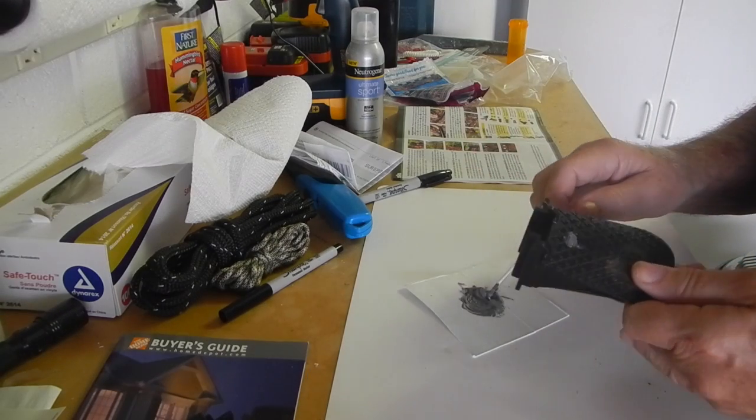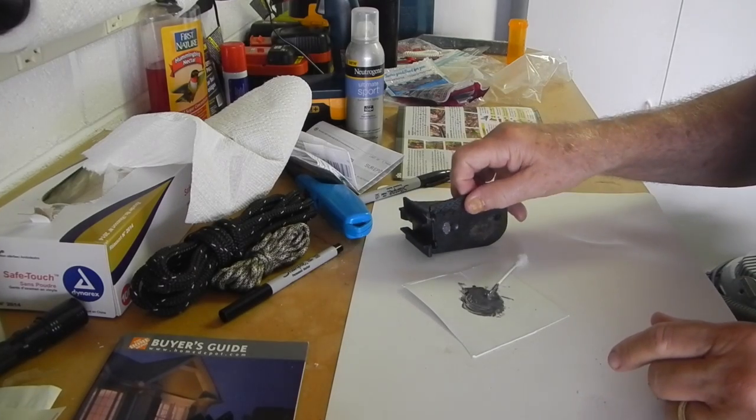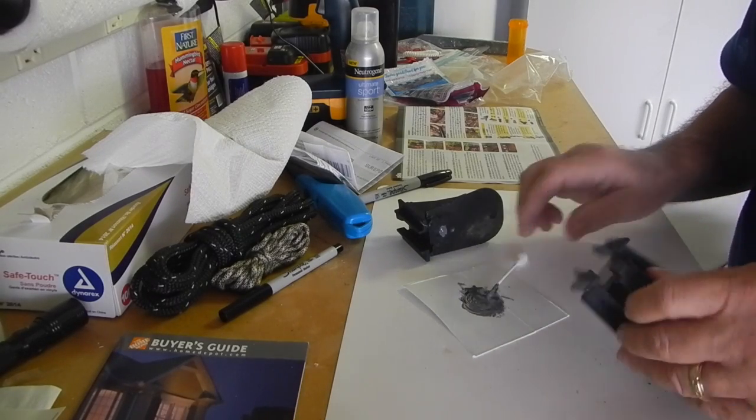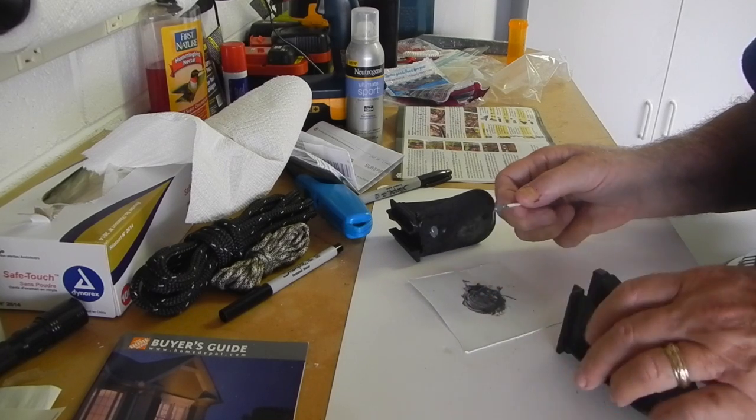Now most people probably aren't going to have this problem. I've never heard of it before with this boat, but it is a problem, and had I been in bigger water I would have needed the support from that foot brace, but I wasn't, so